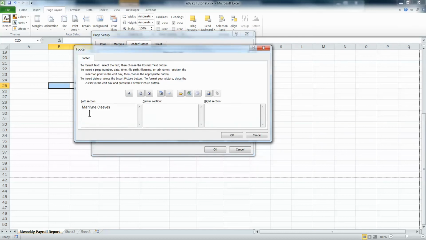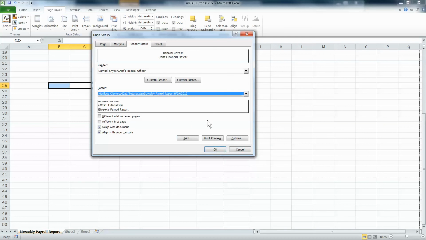And here now I can just come in and put in the file name and the sheet tab name. Okay, the sheet tab is this bi-weekly payroll report, and that's what's going to come up on this exercise. I can also insert items like the date. It'll come up with, well, that's the time. Let's take that one off. And the date is the one with the calendar. Okay, so I've got all these options in my footer now. And when I click on OK,